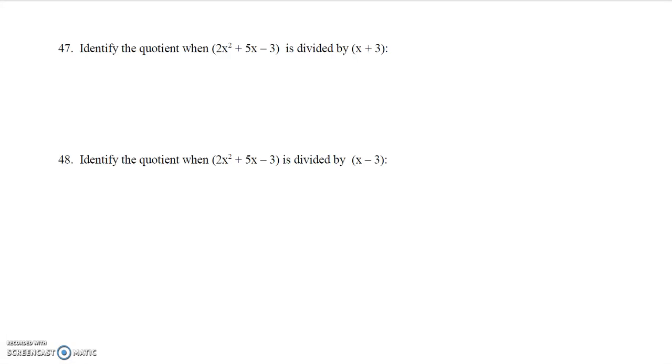Okay, we're going to go on and do number 47 now. It says identify the quotient when 2x squared plus 5x minus 3 is divided by x plus 3. So again, we need to have our little division house thing. We're going to put the x plus 3 outside, and we're going to put the 2x squared plus 5x minus